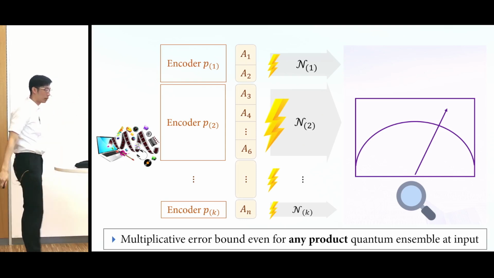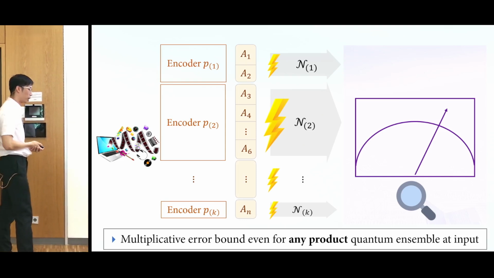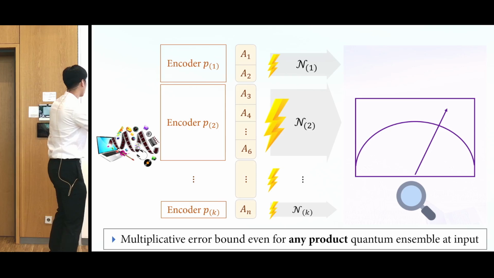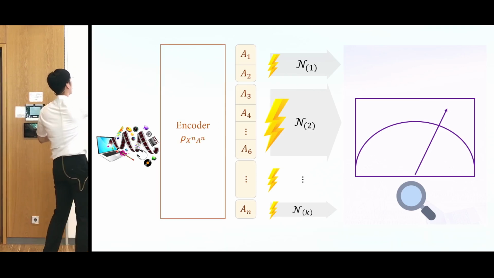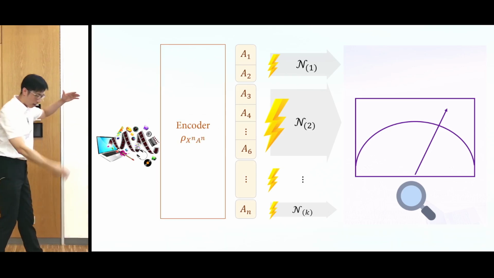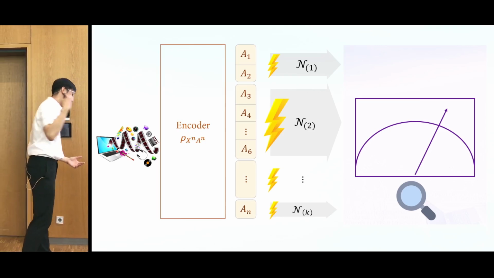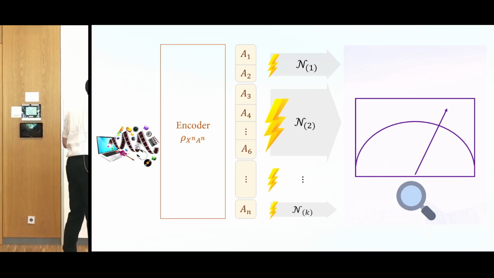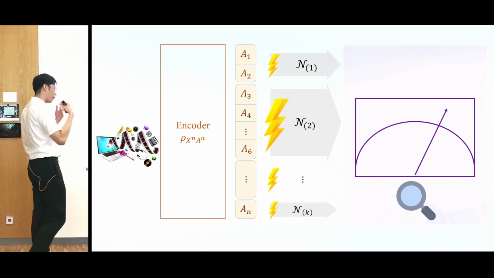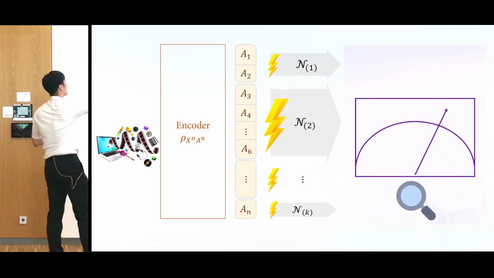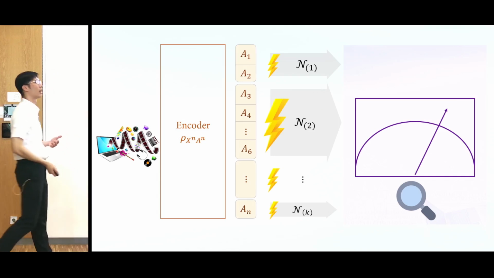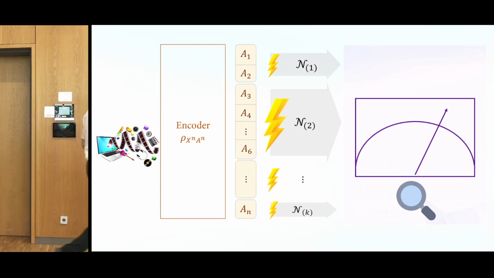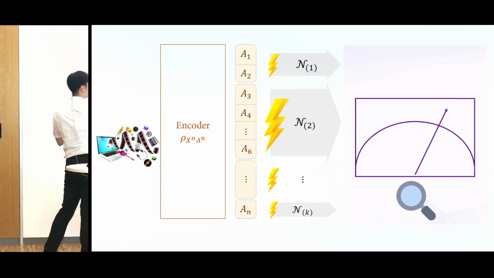So that's why this multiplicative bound is already useful to me. Of course, you can optimize further, but you need to know which direction to optimize, which quantum ensemble you want to prepare. You can, of course, prepare a very large entangled ensemble and increase your decaying rate, but then the quantity you want to compute, we do have an analytical closed-form expression, but it depends on the whole dimension. So the point is, I think in achievability, the bottleneck is really at the output,